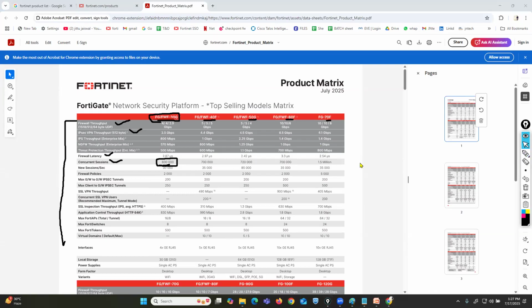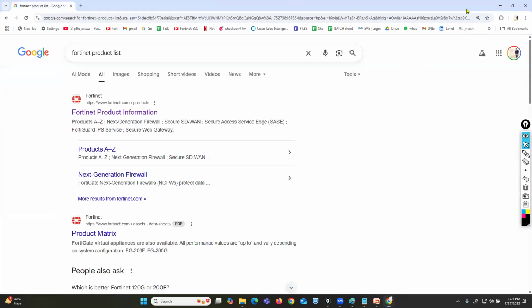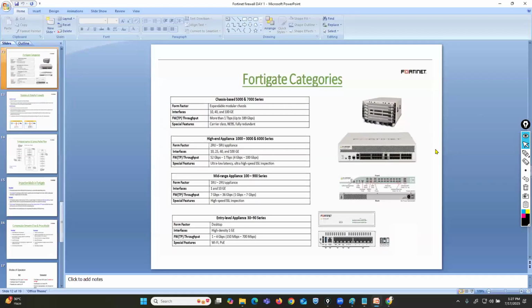For example, I'm working with 50 computers, 100 computers. Yes, I can go with this 30G or 40F. I can create 2000 firewall policies with this firewall device. So you need to do some research before buying a physical appliance from Fortinet, because